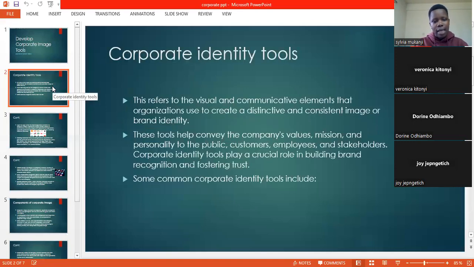Corporate identity tools are visual and communicative elements that organizations use to create a distinctive and consistent image or brand identity. These tools help convey the company's values, mission, and personality to the public, customers, employees, and stakeholders. Corporate identity tools play a crucial role in building brand recognition and fostering trust. Some common corporate identity tools include